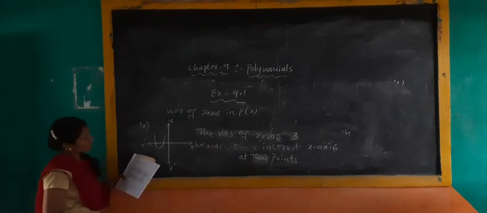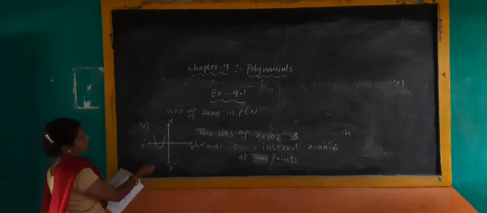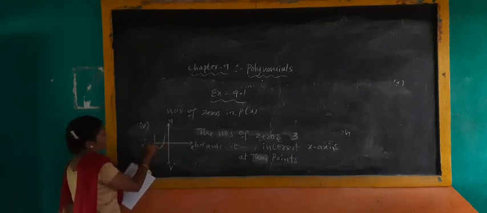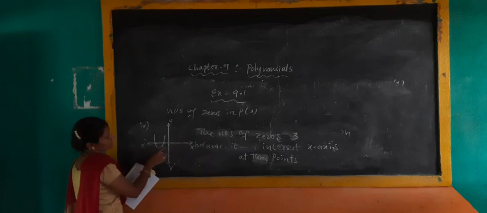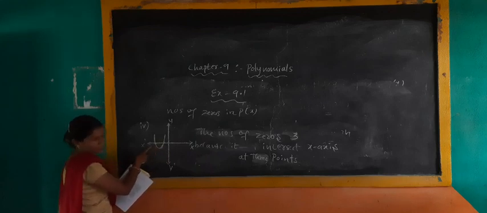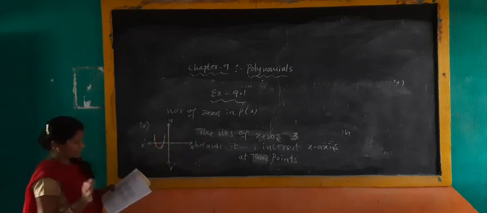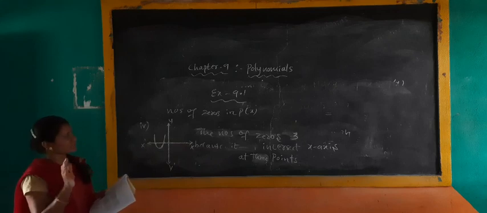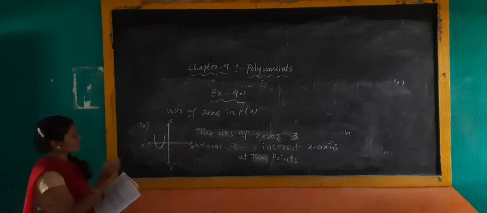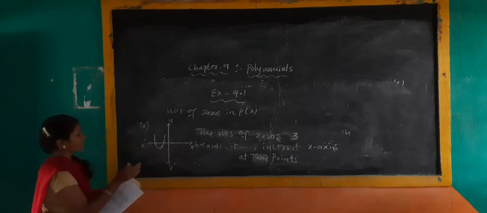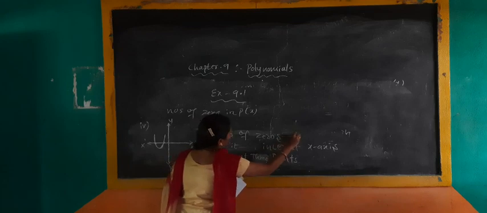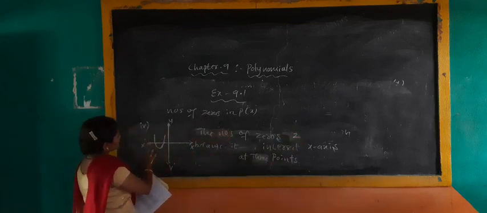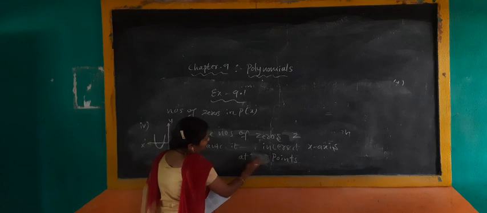Okay, next, remaining. Next, the fourth problem. Here they gave a graph. Here also you see how many points are attached on the x-axis. Here it is a parabola. Here it will intersect the x-axis at 2 points. For the y-axis, nothing is there. If they ask about the y-axis we have to write y-axis. If they ask about the x-axis we have to write only x-axis. In this, the number of zeros will be 2, because it intersects at 2 points.